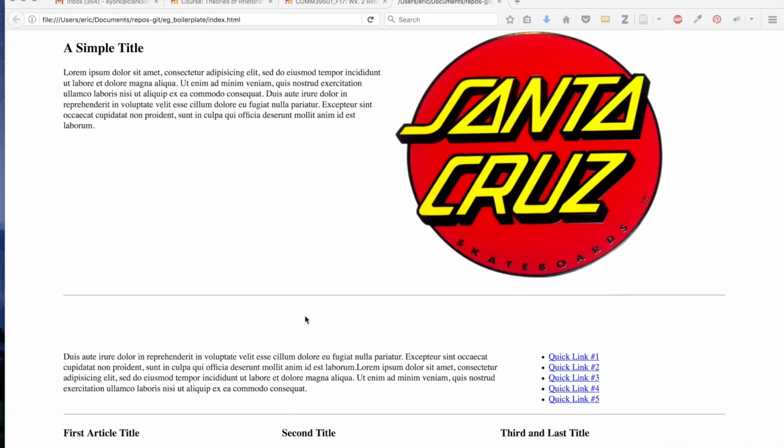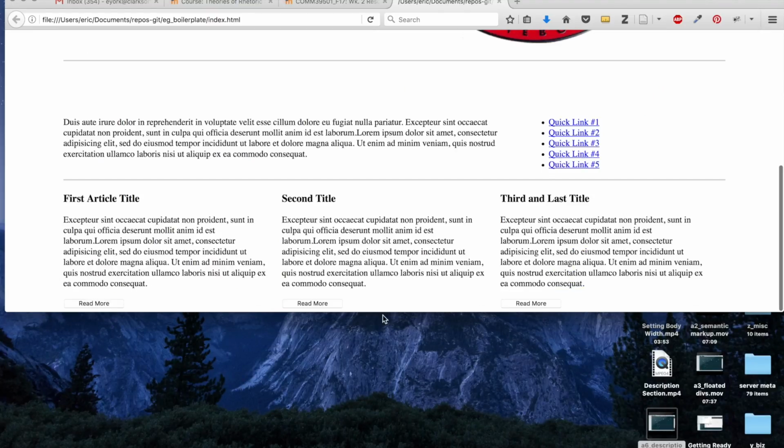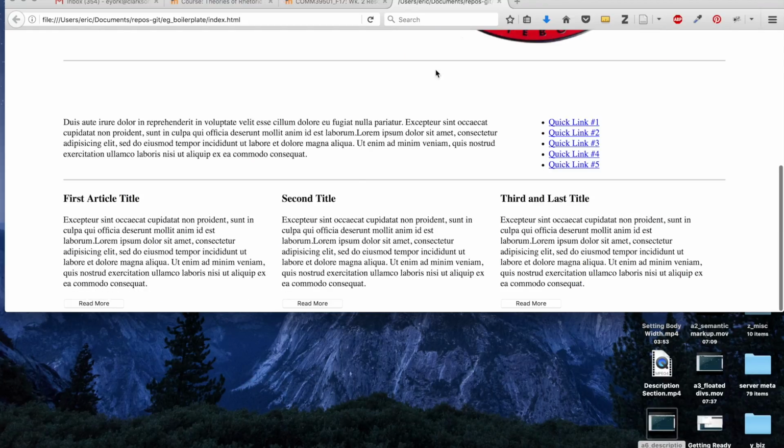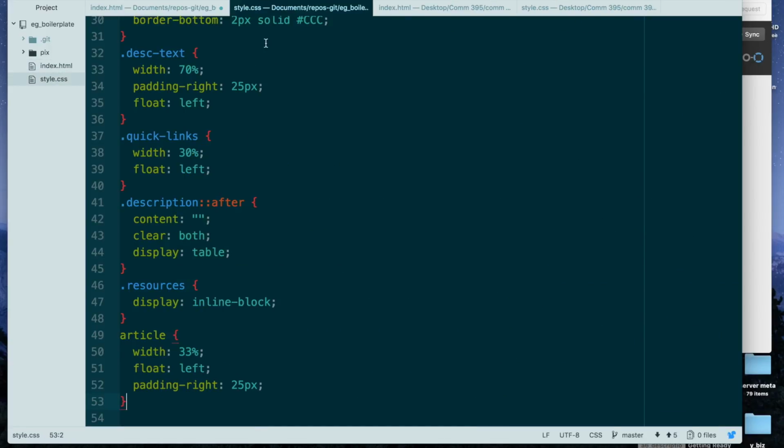Looking back at my display, I don't know if you can see this here. I'll make sure you can by shrinking the browser window. There's really nothing below this final section. That is different than the other sections because these all have bottom borders, and we never added one for this section. If you look back into the style guidelines, that is the resources section, and we just have display inline block. So